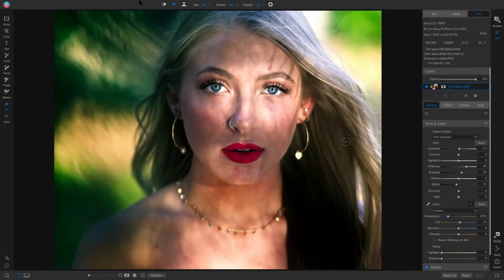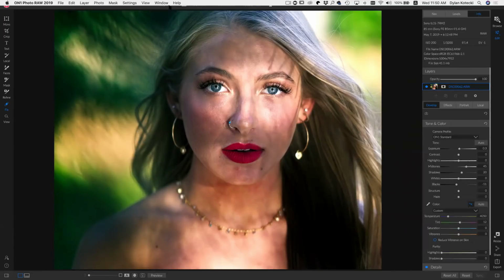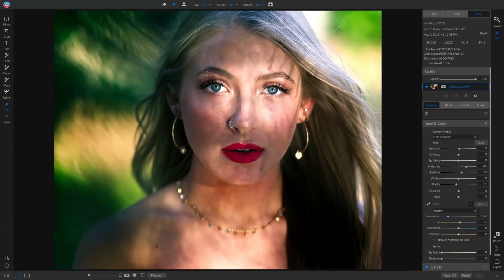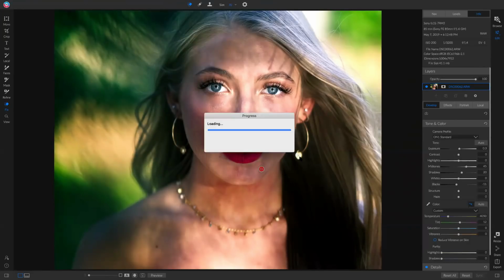So you just kind of play with it. Maybe use the perfect eraser for larger things like that, or if they're just small imperfections, you could use the retouch brush. But let's use this perfect eraser. I think this will work perfectly. And then just drop it down. There you go. And so yeah, the perfect eraser might work a little bit better if you have some larger blemishes on their skin, but